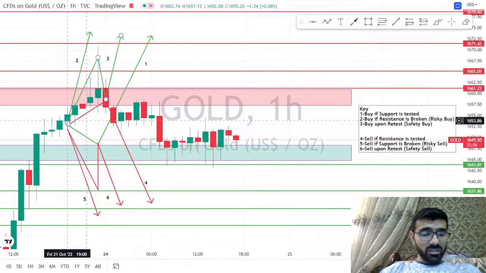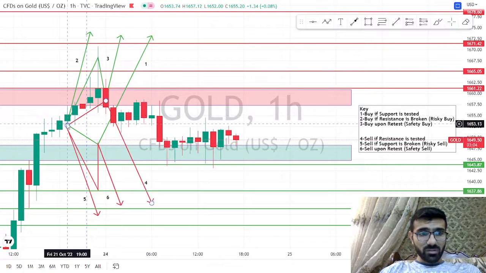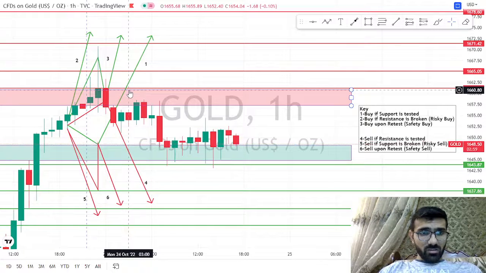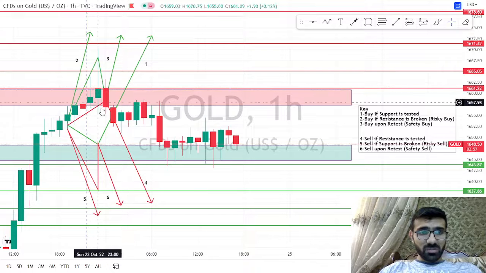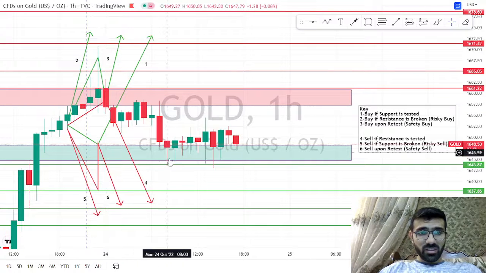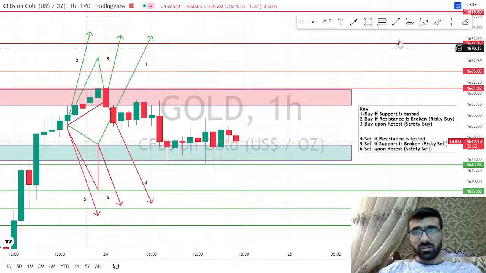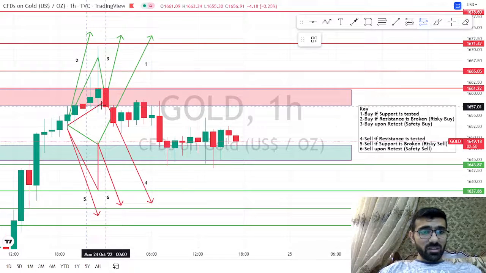So when we were discussing gold previously, market was trending over here and we marked this area as an area of resistance, and you guys can clearly see that market closed below our resistance area and went short and gave us a good profit. So let me take that trade for you guys.